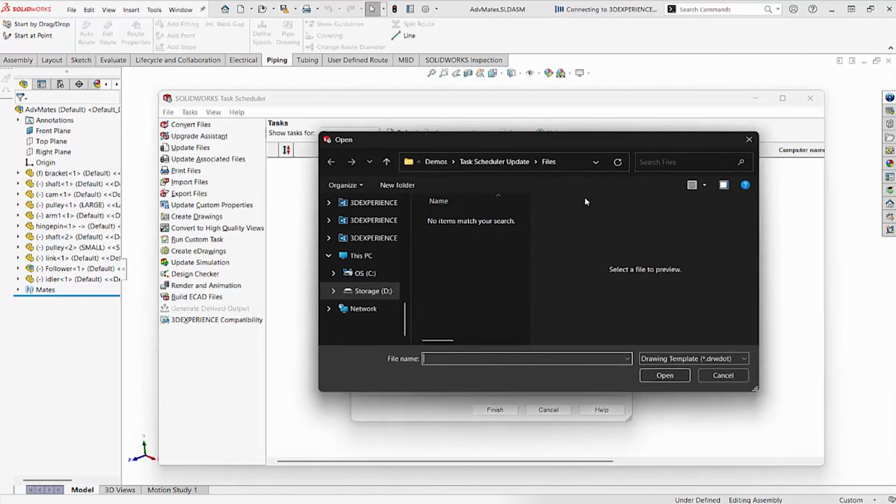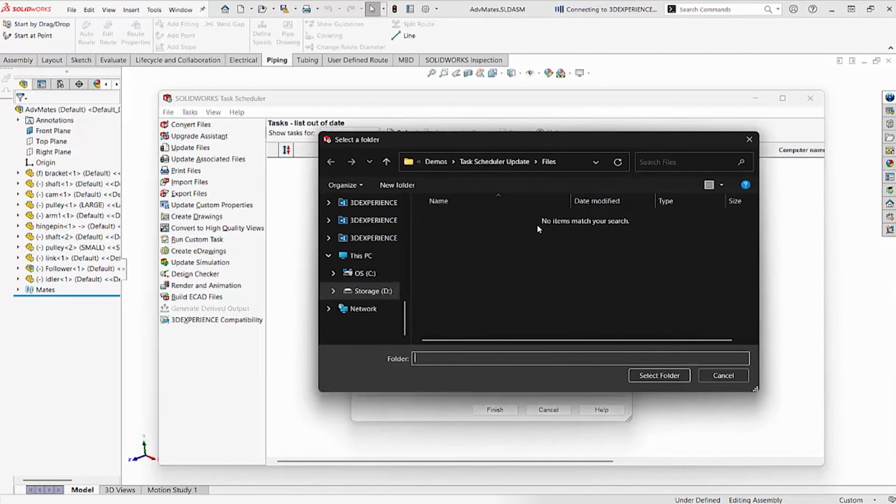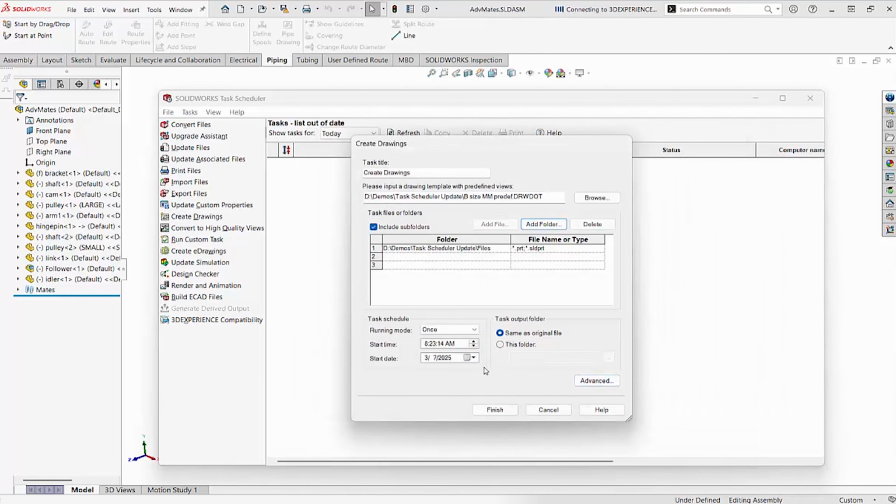And so what I'm going to do is browse out to a template that I've created ahead of time. It's a predefined template that already has a front, top, and right view, all the associated annotations already applied to them. Once we select the template that we want and then add the folder of the files that we want,